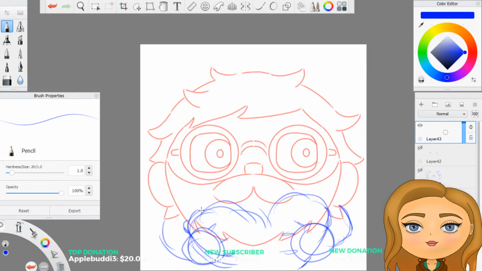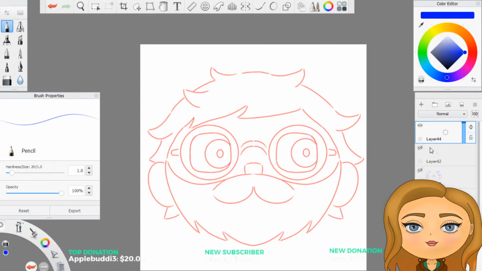This heart is awfully drawn, but you know, it is what it is. In fact, you know what, I'm gonna delete that whole layer and try again. Let's say maybe his eyes are peeking out over it.